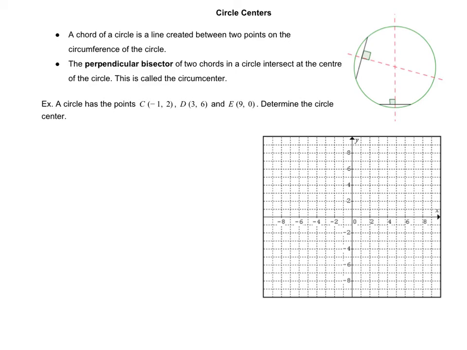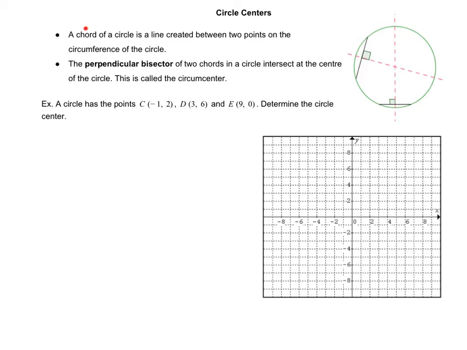When you learned about perpendicular bisectors, there was a special property where if you take the three perpendicular bisectors in a triangle, the point of intersection of all three is called the circumcenter. And I had said that the circumcenter would be important for finding the center of a circle. And before we can get to that, I want to go over one key word, and that key word is